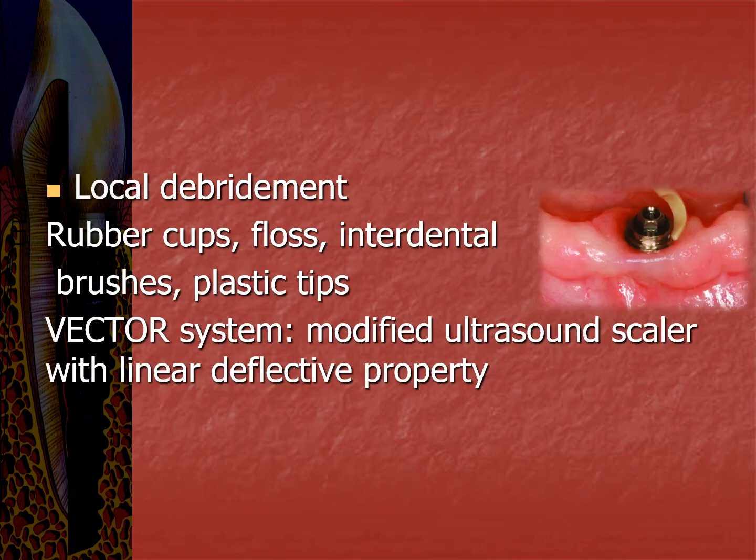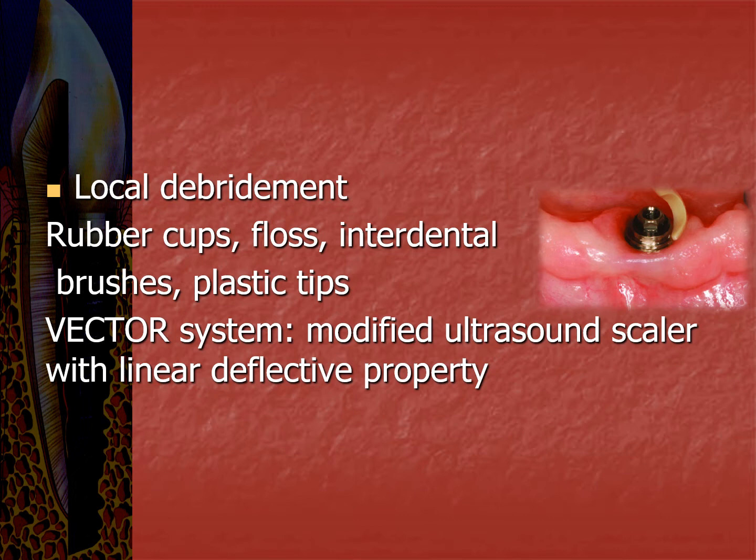First one, local debridement. The implants should be cleaned with instruments which are softer than the titanium surface, like rubber cups, floss, interdental brushes, plastic tips, etc. Ultrasound scalers cannot be used because they roughen the implant surface and also debride the surface of the implant. So instead of this,